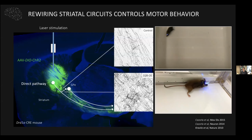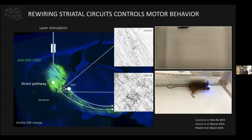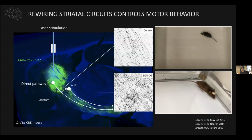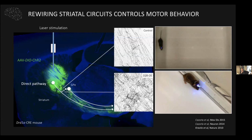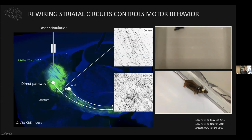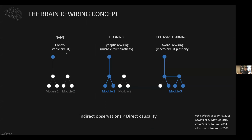So you see that now the behavior of the mouse is very much different. And this led us to the conclusion that rewiring striatal circuits in the basal ganglia was interesting to control motor behavior, the motor balance of mice, particularly in mice. So that was the basis of the project that I'm talking about,